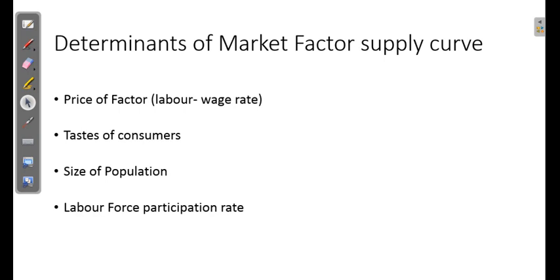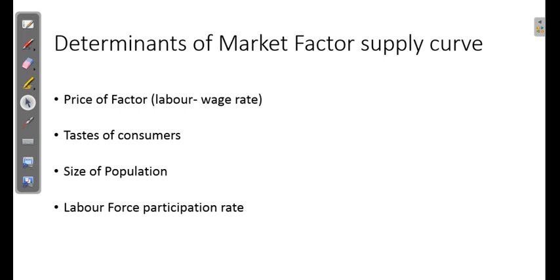Now, what is labor force? Labor force basically includes both the working people and the people who are actively seeking work, while economically active population basically implies people who are in the age group of say 15 to 65 years. So they are not falling in the category of child labor or dependents. So these are the people who are economically active, and ideally they also constitute as the potential labor force.